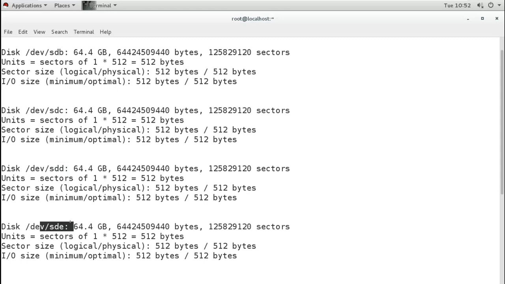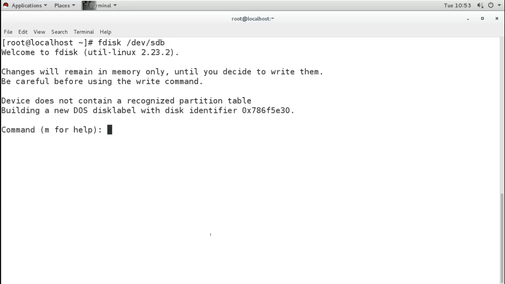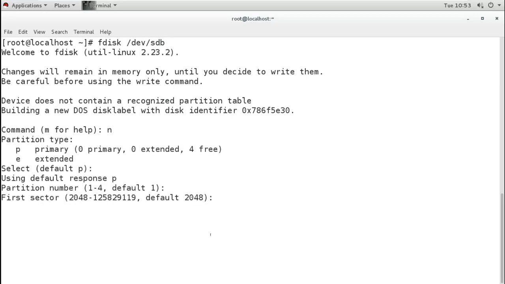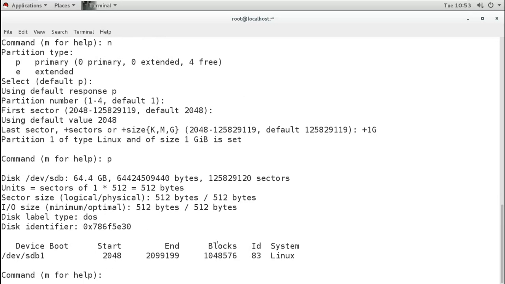So now what I will do, I will create first in SDB, new, primary 1, default. Now I'm using only 1 GB from it. It is 60 GB, but I'm using only 1 GB. Now when I create this partition, you can see it is the Linux 83 type.